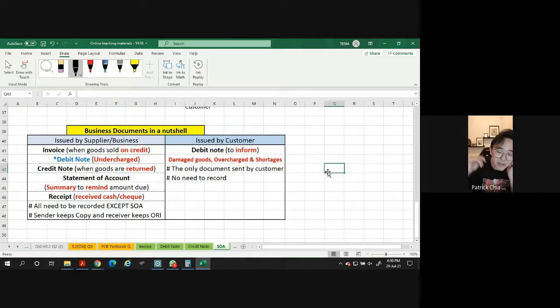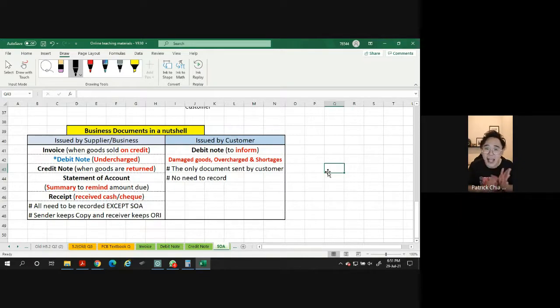Now our customer goes back, then they notice, hey, how come this thing is damaged? How come it's the wrong order, or maybe a different color, whatever the reason? So what do they do? They complain, and they want to return the things back to us. So what will the customer send to us? They'll send a debit note, to complain. As a supplier, once we receive a complaint, what must we do, guys? We have to say sorry. We have to acknowledge there's a problem with our stock. Our customer is not happy now.